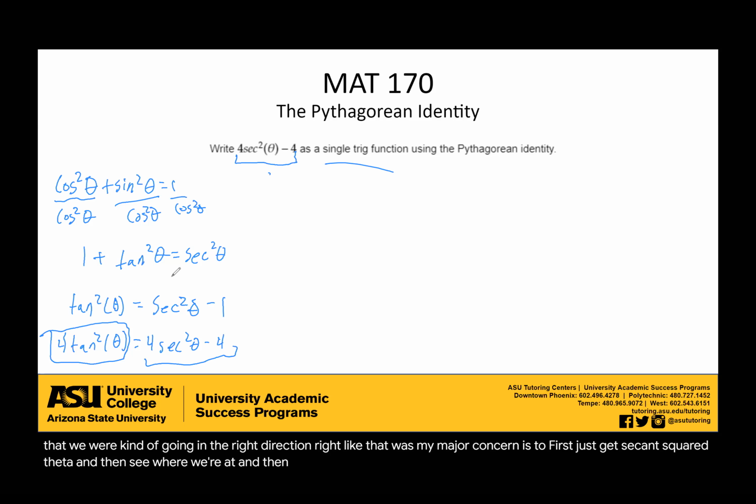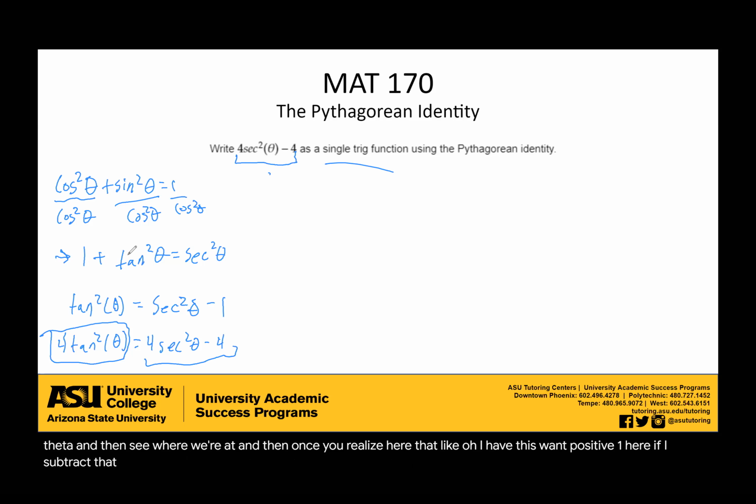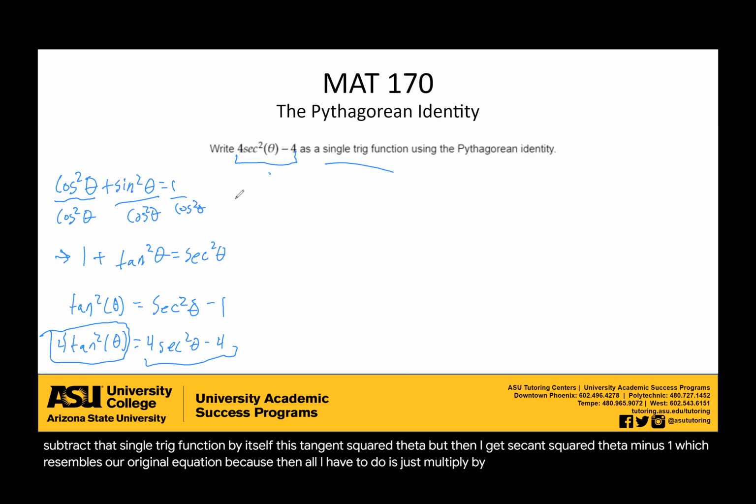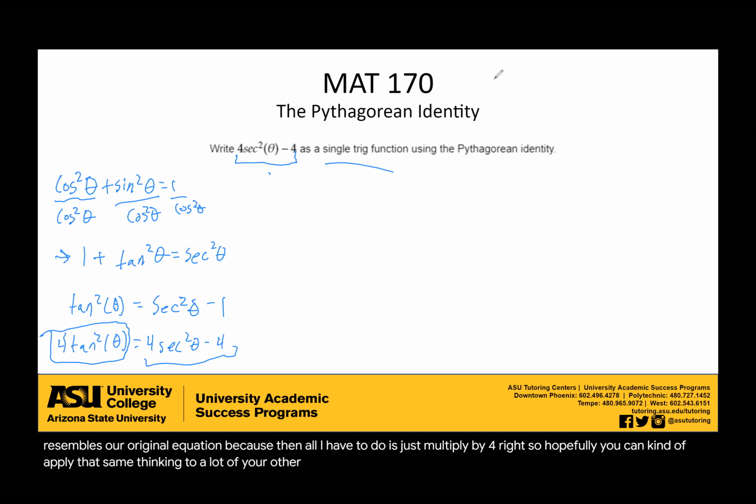And then once you realize here that, oh, I have this positive 1 here, if I subtract that over, I not only get a single trig function by itself, this tangent squared theta, but then I get secant squared theta minus 1, which resembles our original equation, because then all I have to do is just multiply by 4, right? So hopefully you can apply that same thinking to a lot of your other homework problems regarding